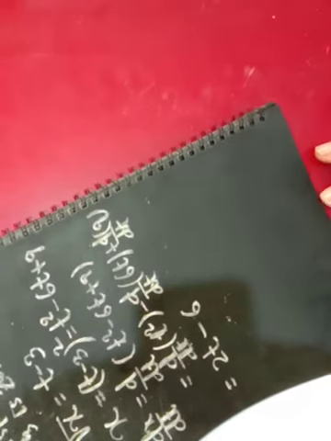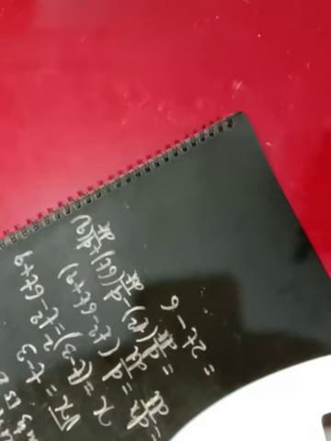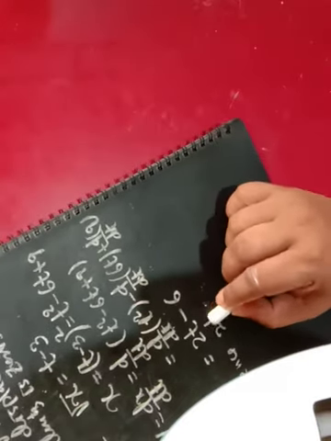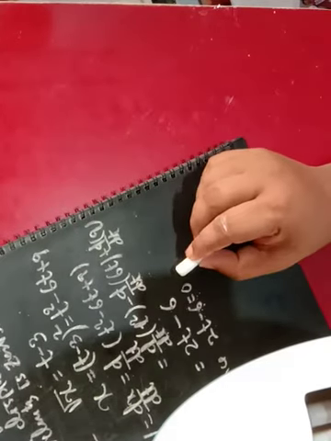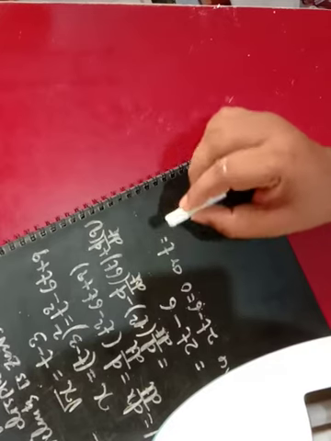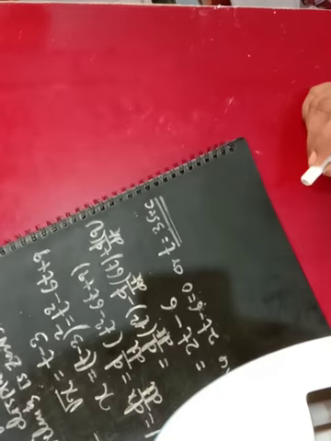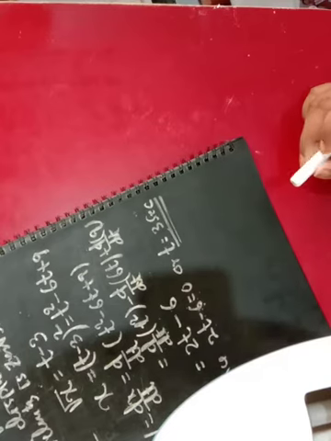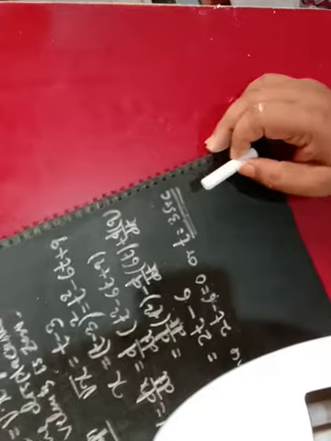As per the question, what will be its displacement when the velocity is 0? When the velocity is 0, you take it as 0. Hence, velocity 0 means 2t minus 6 equal to 0. Clear? 2t minus 6 equal to 0, so t equal to 3 seconds. So at t equal to 3 seconds, the velocity is 0. And what will be the displacement? Put this value of time t equal to 3 seconds in the above equation.